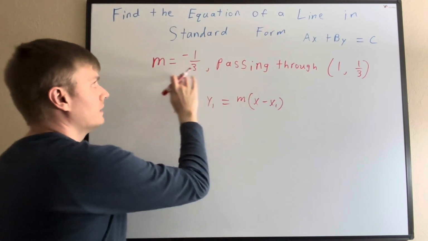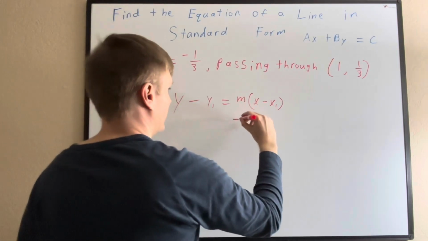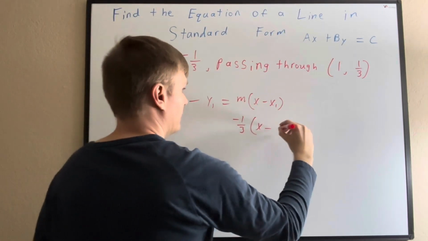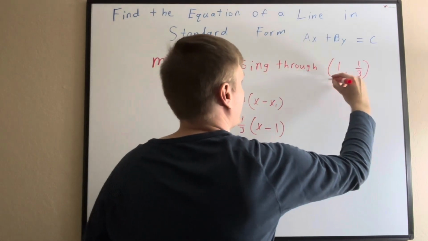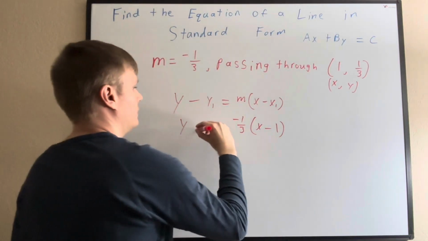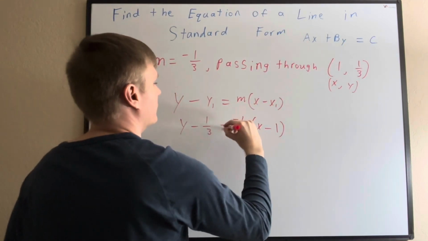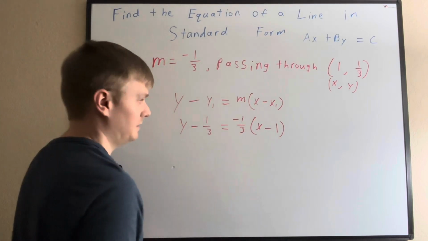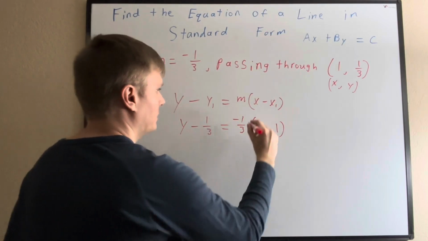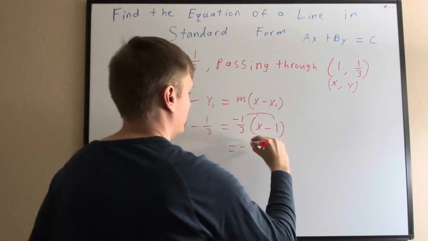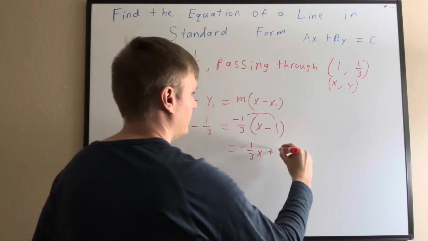So we have slope passing through 1/3. So slope is negative 1/3. x minus x1 is just 1, right? Because that's the x part of the ordered pair. Always remember that. y minus 1/3 equals, make sure the equal sign is in the right spot. And then what do we do? Distribute negative 1/3 x plus, because it's negative times a negative, right? Plus 1/3